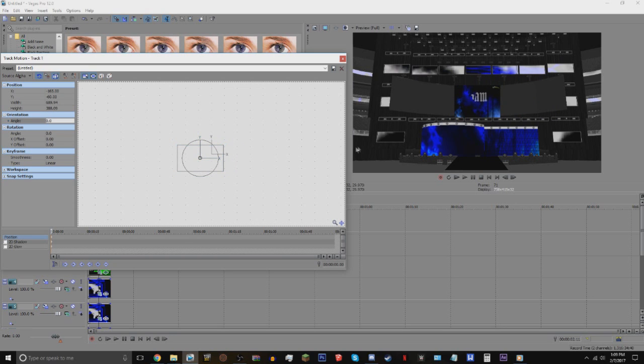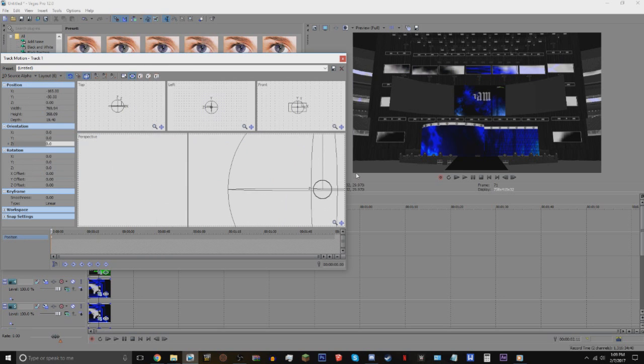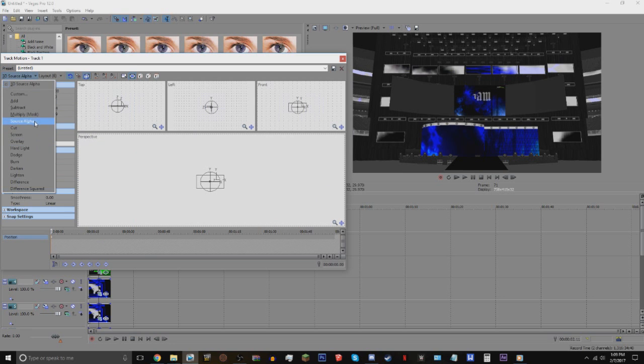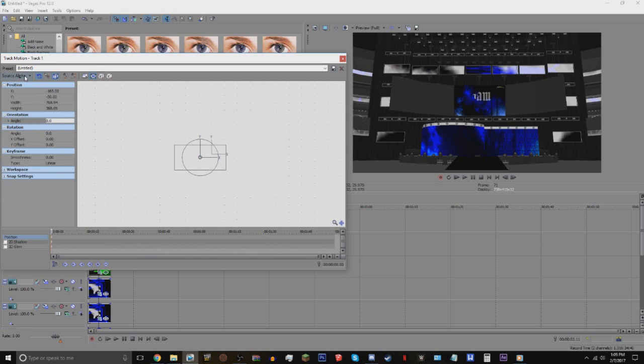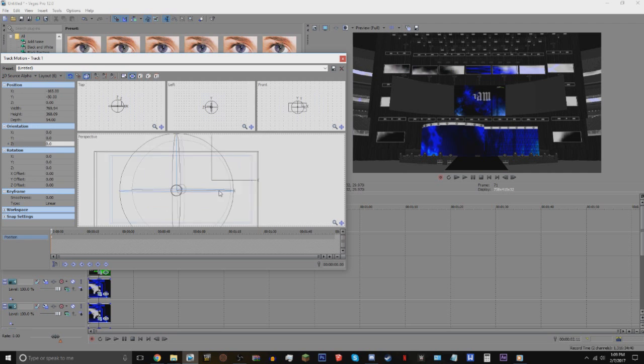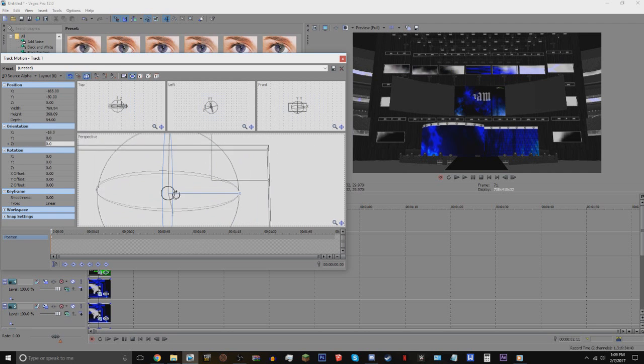Now, obviously, this doesn't really work for this stage in particular, and we would probably want to have it go out a little bit this way, a little more. But if you're animating on the old HD stage back in around that they just switched off from, you can actually go into where it says Source Alpha right here. You can go to the drop-down menu and hit 3D Source Alpha, and you can adjust the sliders so that it's 3D